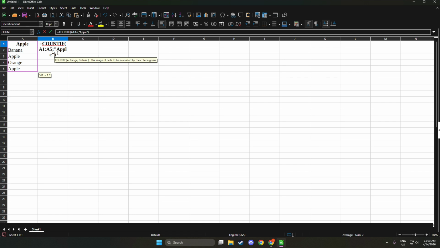A couple of quick tips to ensure accurate results. Make sure your range covers all the cells you care about. If your list grows beyond A5, update the range so it doesn't miss new entries. Keep an eye out for extra spaces before or after words, since a trailing space would make apple different from apple with a space. And if you use a header in A1, start your range at A2 so the header